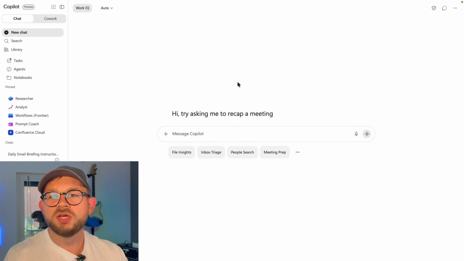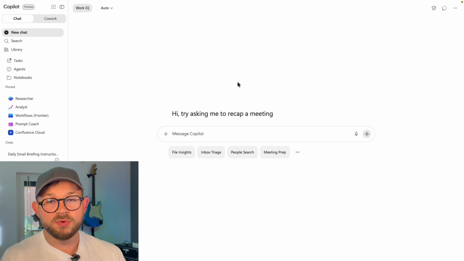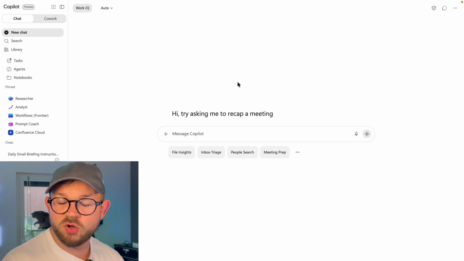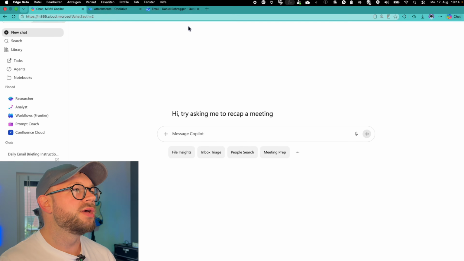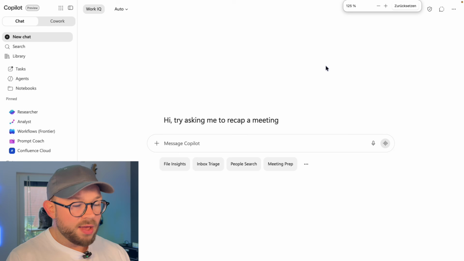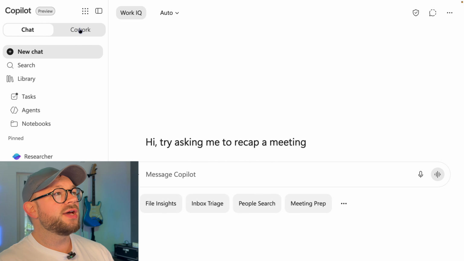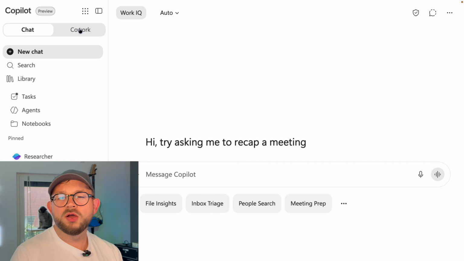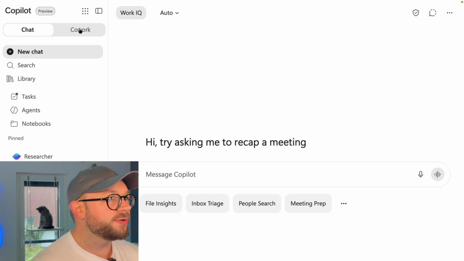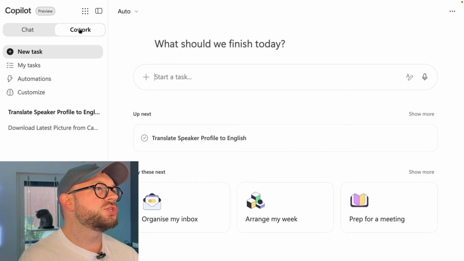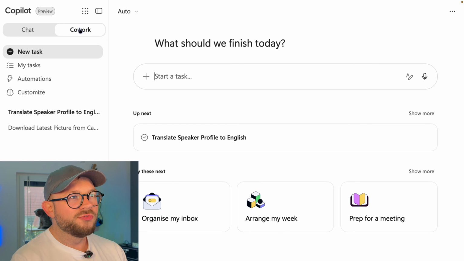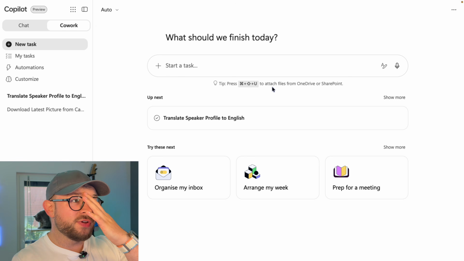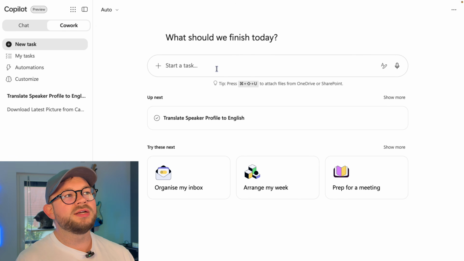How do I instruct Copilot Cowork in general to do this? First of all, let's find out how we can access Copilot Cowork and set the automation up right here. So I'm going to zoom right in here, and on the top navigation pane, you see we have a differentiation between Copilot Chat and Copilot Cowork. And as you could imagine, we need to switch to Copilot Cowork for this. So we are seeing this interface here where we can start a task.